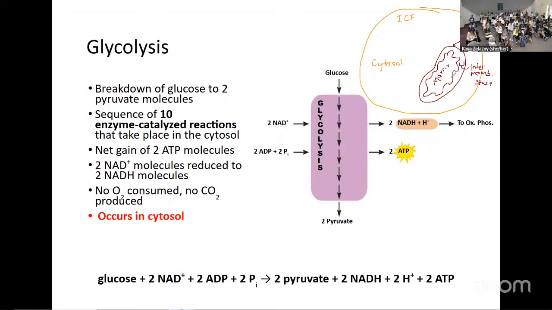Then we have the inner membrane itself, right? So now no T, because we're just talking about that inner membrane. And then the mitochondrial matrix in the middle. We don't need all those pieces for right now, but we're going to need them for the other parts of